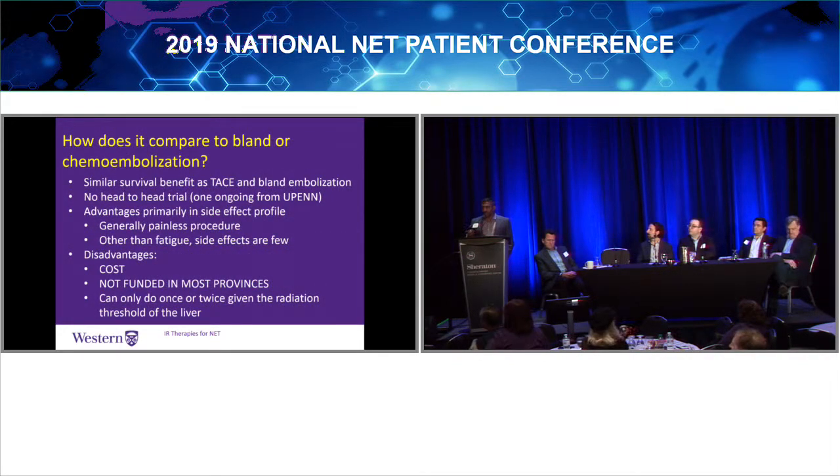In terms of efficacy, it's basically the same kind of thing. It's very similar treatment efficacy compared to bland embolization and chemoembolization. There's really no head-to-head trial. There's a trial out of UPenn that's looking at different types of embolization. Really, the advantage is that it's a good side effect profile, and it's generally a painless procedure, but the disadvantage is the cost. The Y90 is about 15 grand, which in the oncology world is actually cheap, but in the interventional radiology world, that's very expensive. It's not funded, and you can really only do it once or twice, whereas I could do chemoembolization forever because the liver has a radiation threshold, so you can't do this